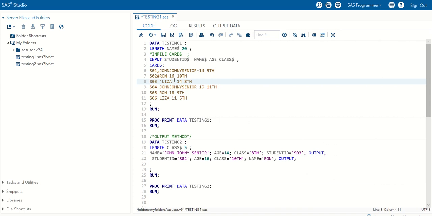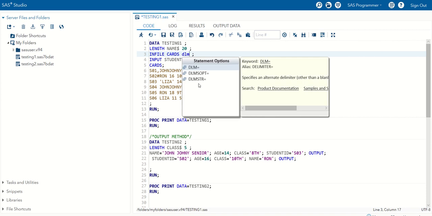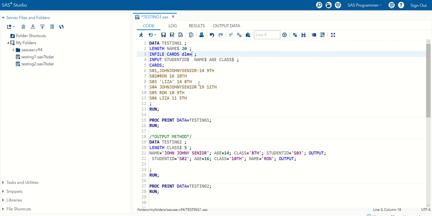What we do is we again write an infile statement, infile cards, because we were using cards here. If we use datalines, we'll write datalines here as well. So infile cards, and then we'll write dlm equals, in quotes.